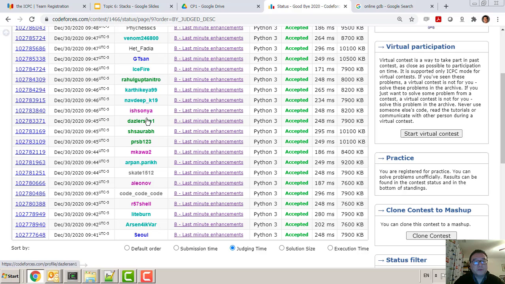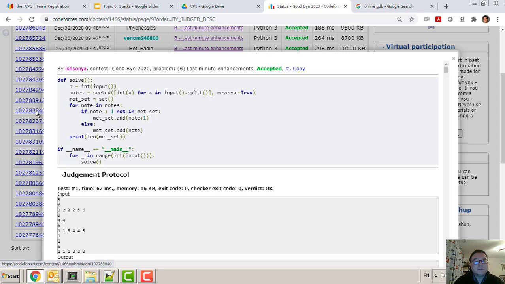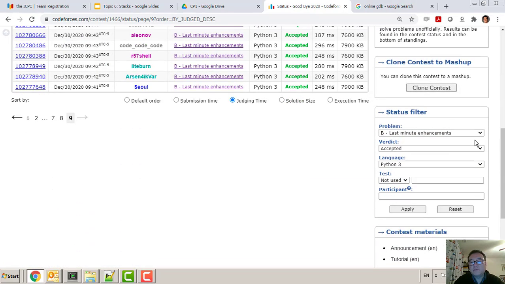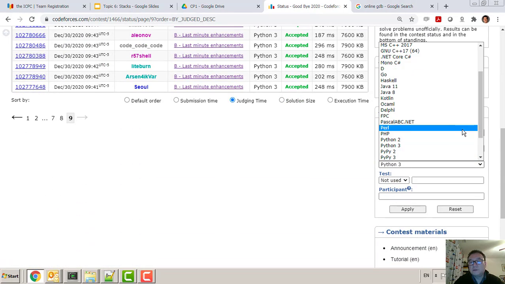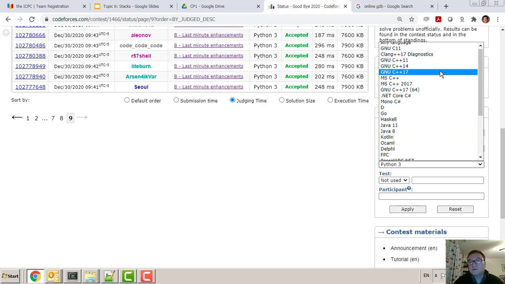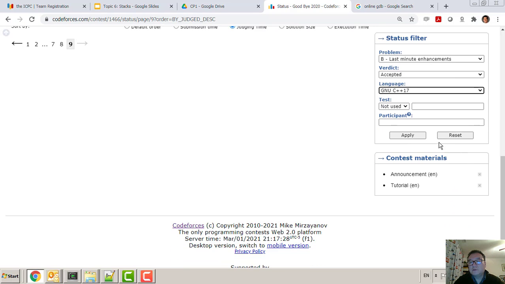So I think purple is quite high. No, it's reasonably high. So let's look at the submission here. Then you can see the solution code for this one. Basically, you can look at anyone's code. And if I look at, say, C++17,